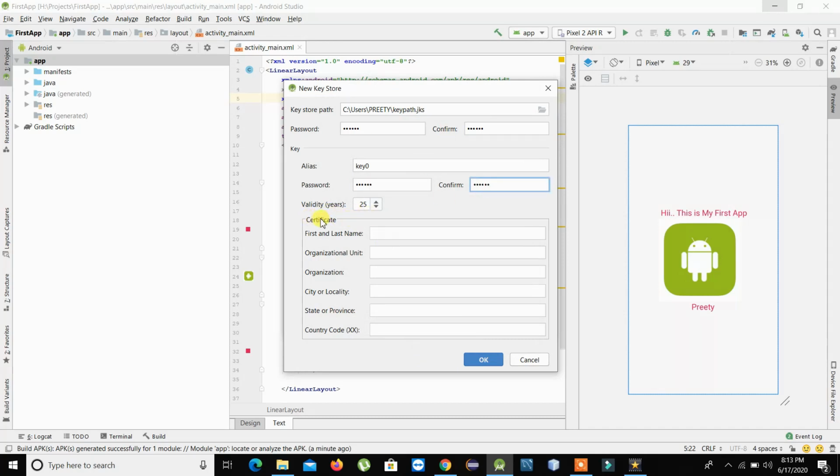And this certificate details is always mandatory, at least with one name, and the rest of the details you can fill out according to your project, according to your organization, according to the package label you are using. So as of now I'll go with one mandatory detail, that is the first and last name. I'll enter it as Java Android.